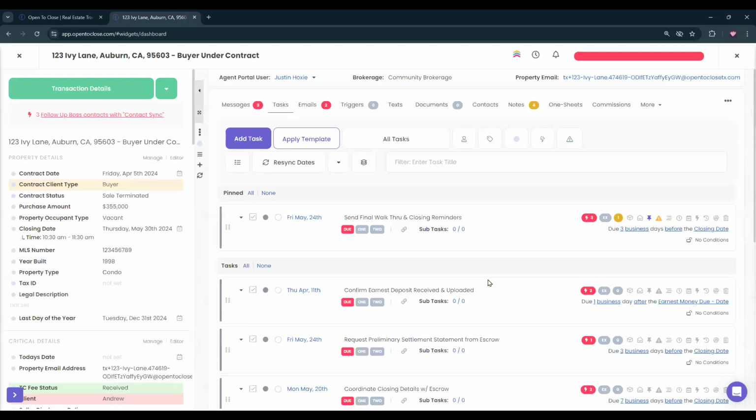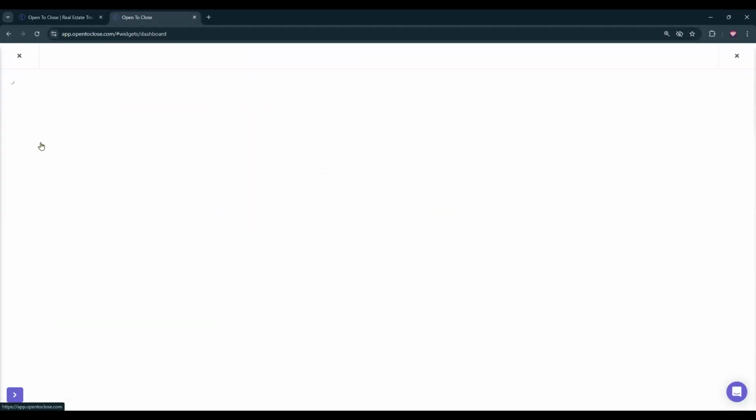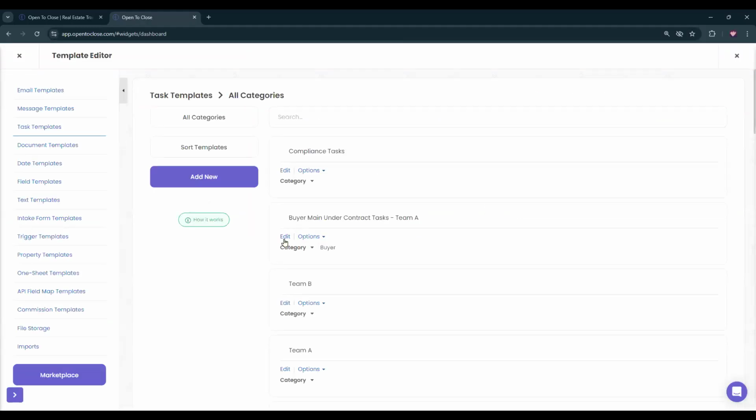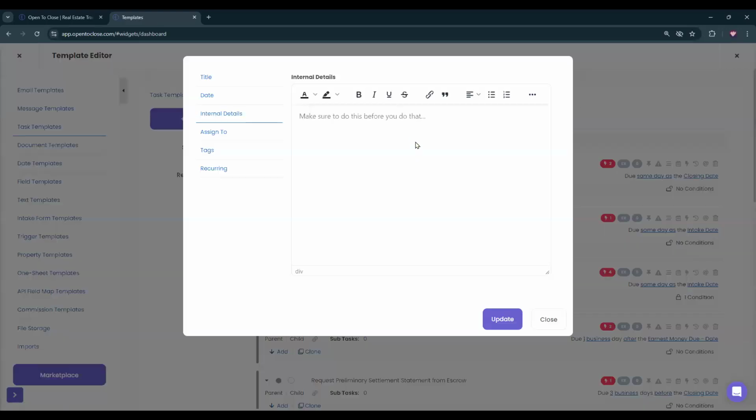So that's kind of the idea behind using the notes on the tasks themselves. You would use it on that particular property when you need to share a note. But if we're talking about our task templates, what I would do instead is utilize the internal details if I wanted to share